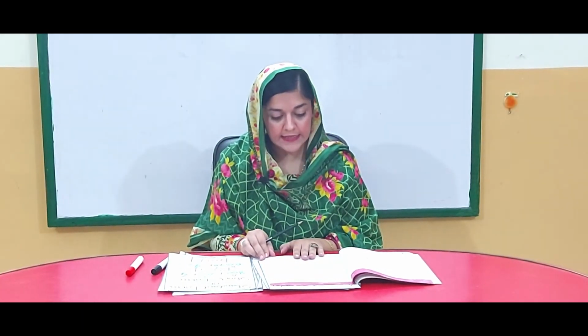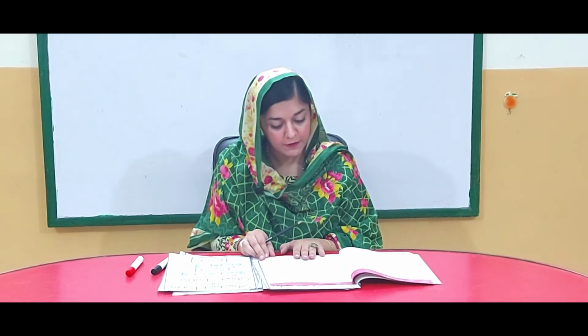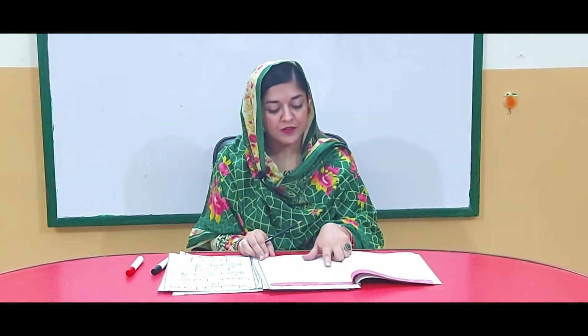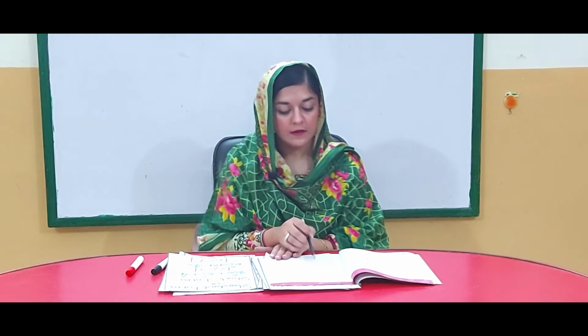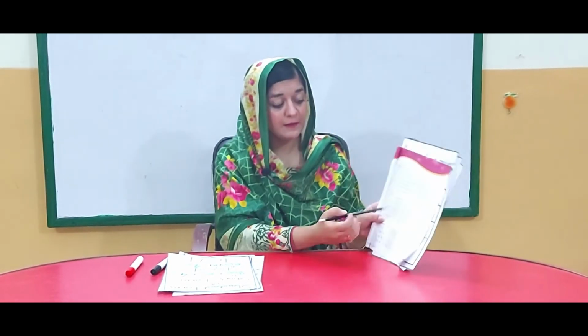Okay, now on page number 19, exercise 6, write in expanded form. In number 1, it is already done for you. You can see what is given here. 638 is given here. So how will we write it? We will know the value of 6 as 600. So we will write 600.